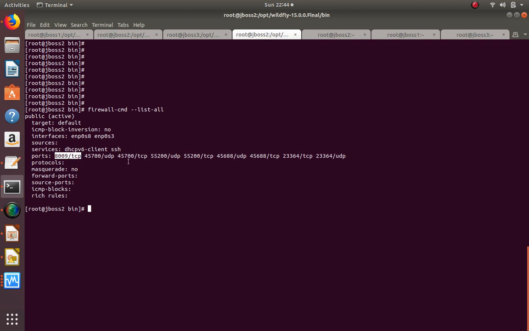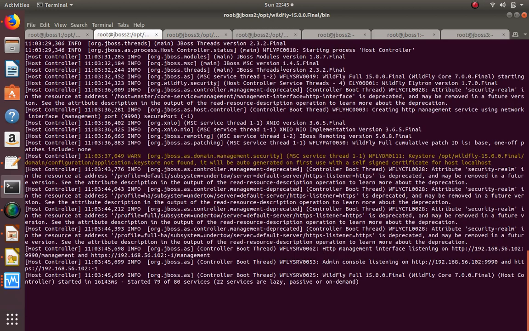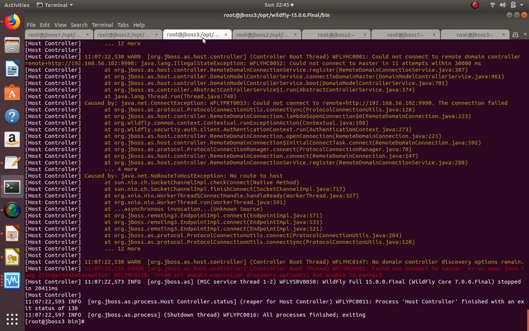For that, in the master we need to add one extra port, with permanent add port. The port the slave is going to use to connect to the master is 9999, then firewall-cmd reload. So that's it. There is a single port. I just check where my master is running, and done. While starting the slave box,